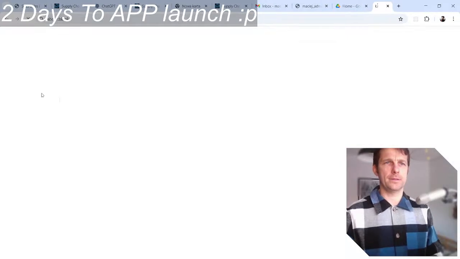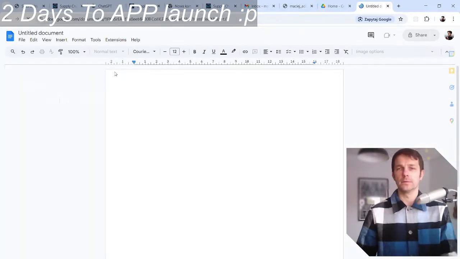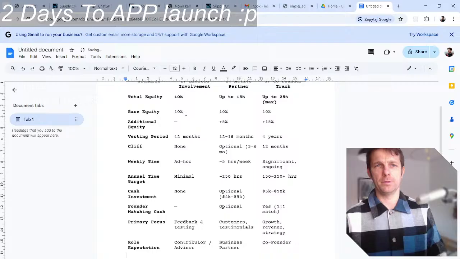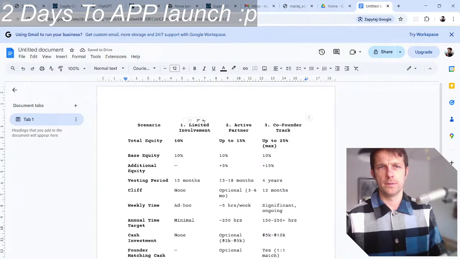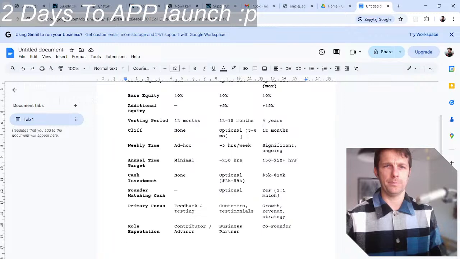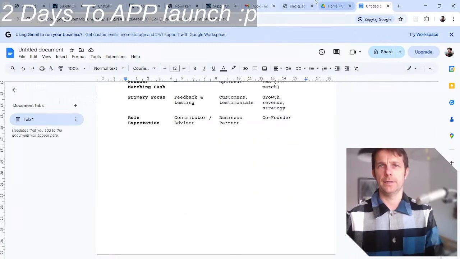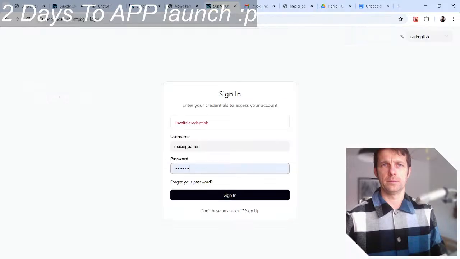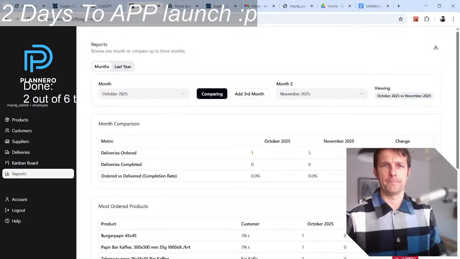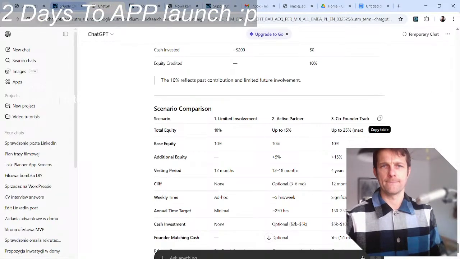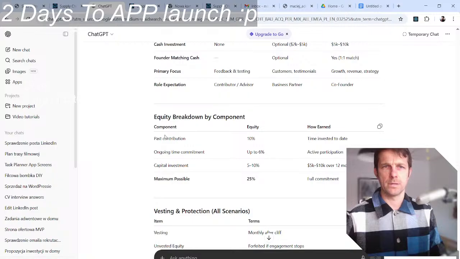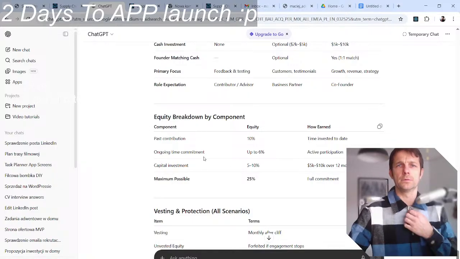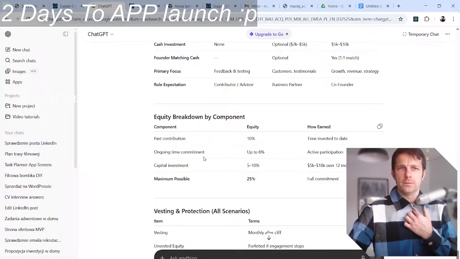Yeah, let's just get this table. Yeah, okay, so this is the table that I will show him. And then next page. Equity by component.